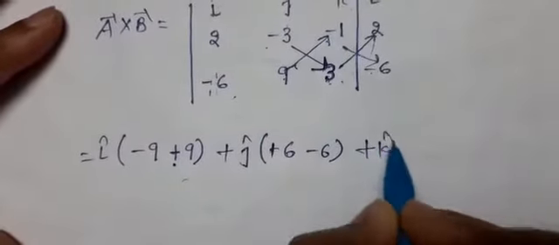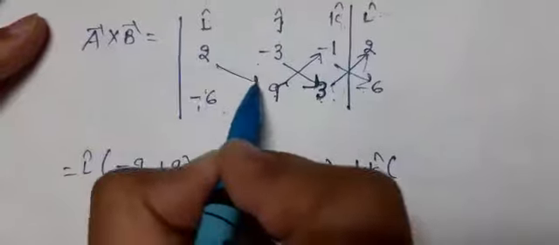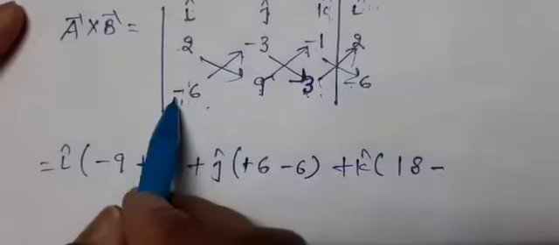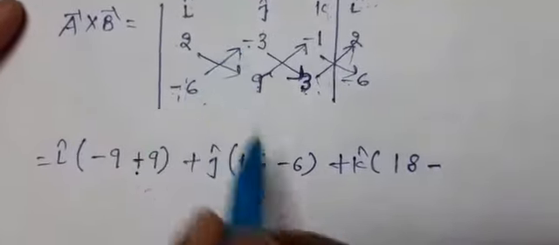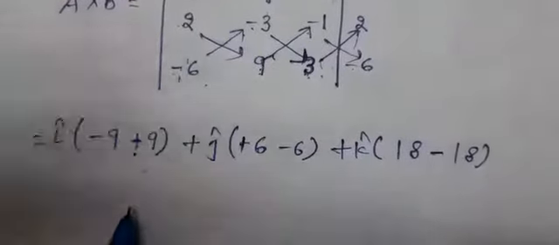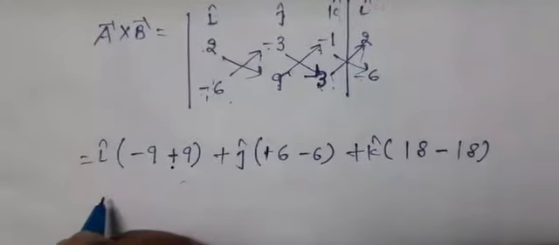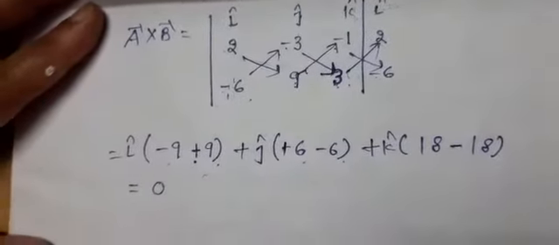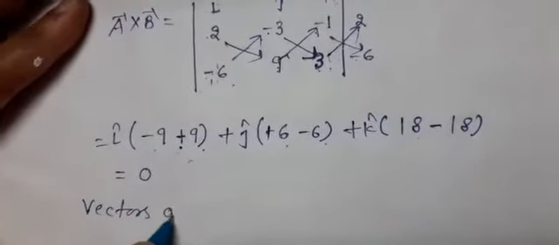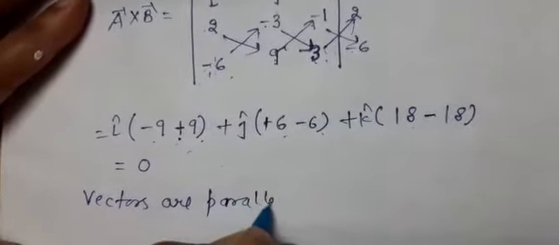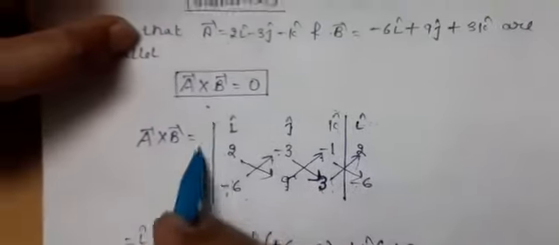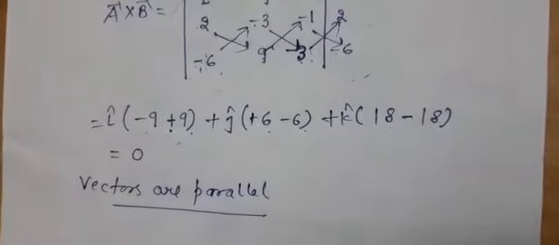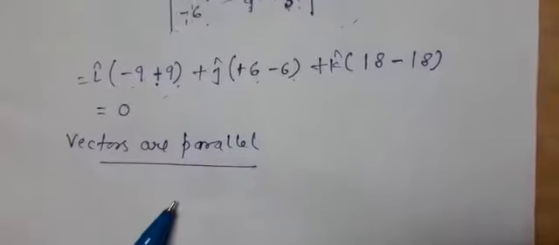And again, the k coefficient. When we are taking the k coefficient, these two terms will contribute. 2 into 9, 18. Then negative sign. Then -6 into -3, this is 18. So here it will be 18 minus 18. So now it's quite clear that all the coefficients come out to be 0. So the result is 0. It means that the vectors are parallel. But here, just understand this and practice this. If you understand this particular rule, then you will be able to solve all different kinds of problems of vector product.